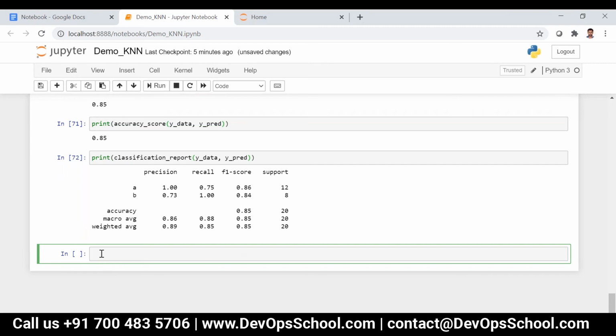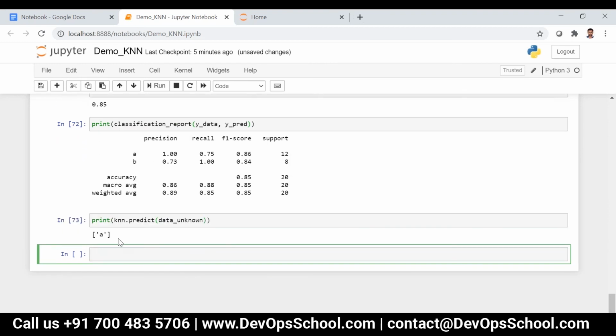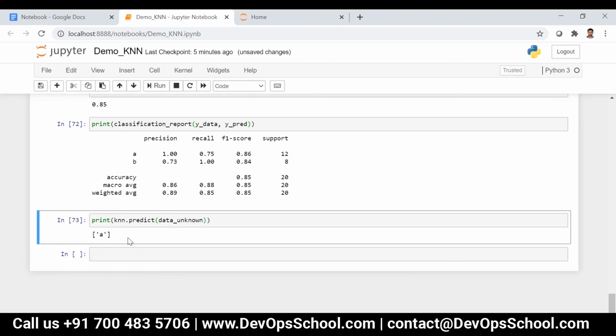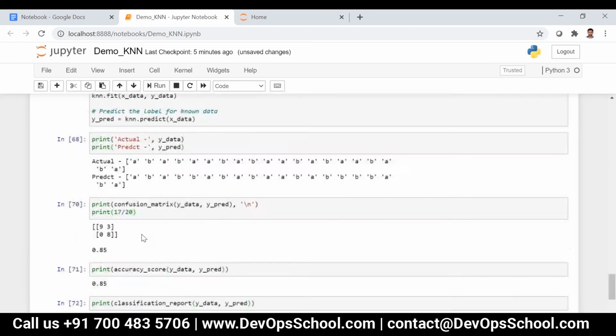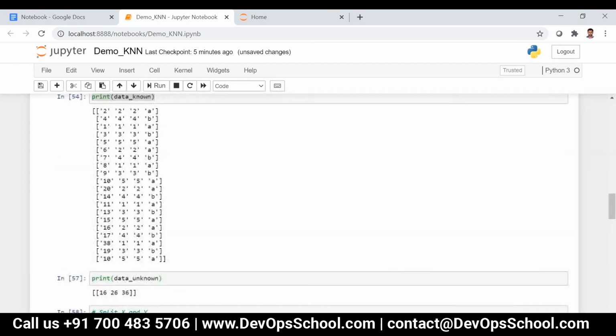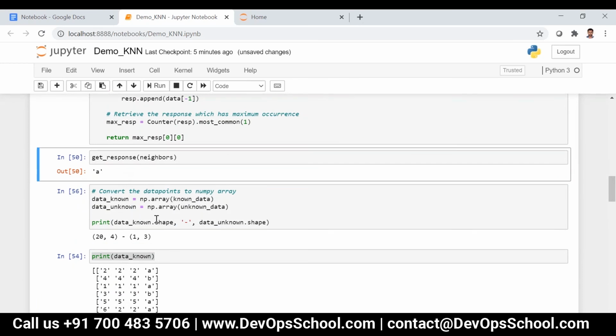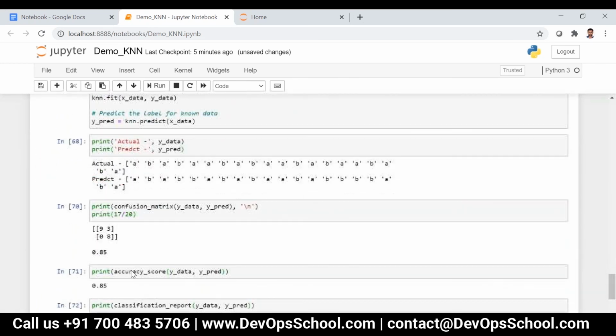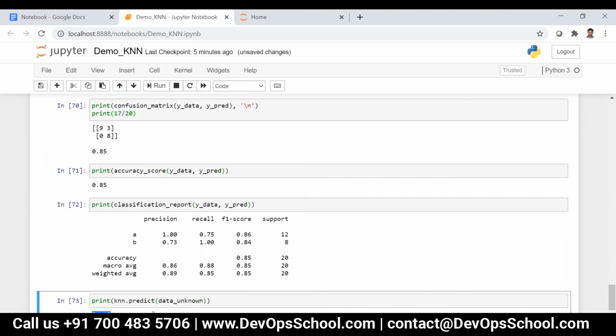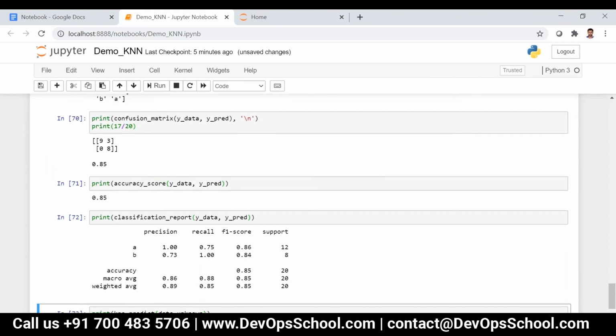And if I want to predict for unknown data, I can just print knn.predict of data_unknown. So now I've got A, the same output which we got before.